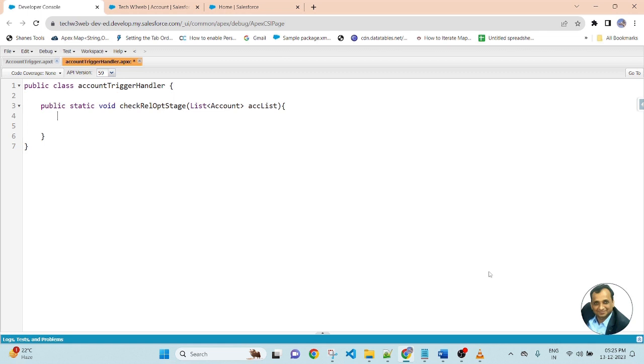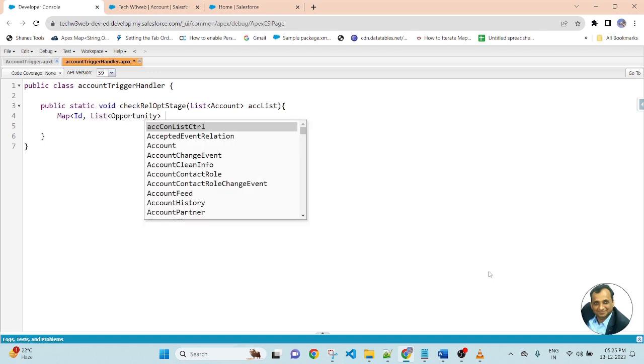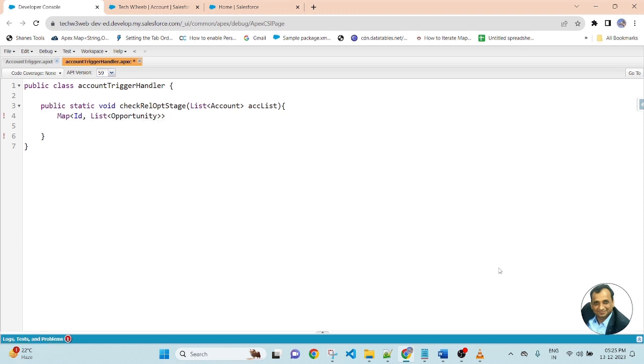Then create a map: Map of Id and List of Opportunity, oppMapList, equals new. This is a map of Id and list of Opportunity.